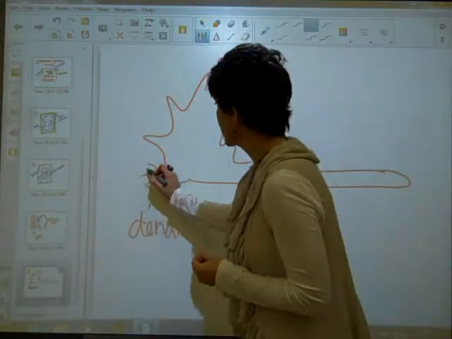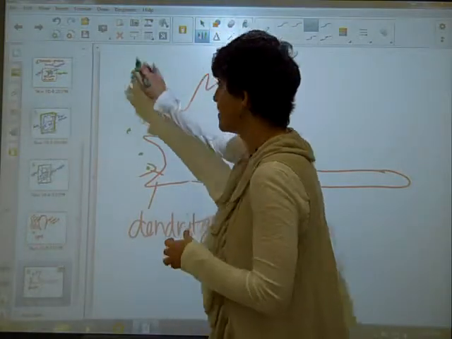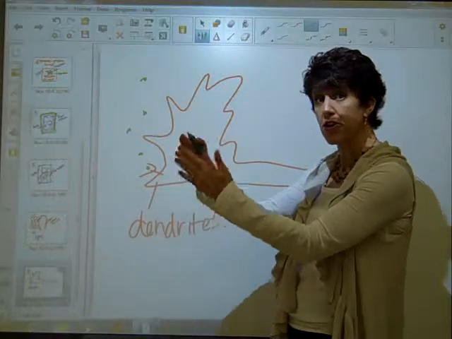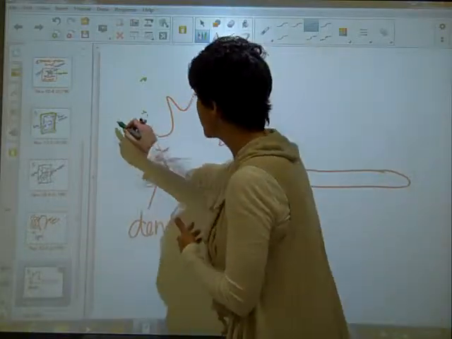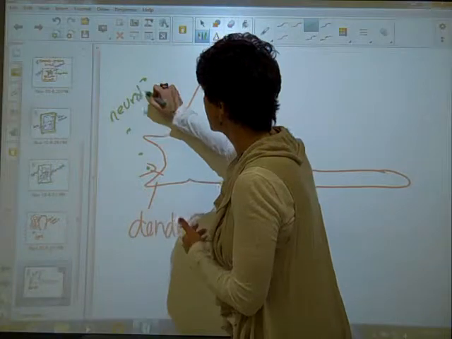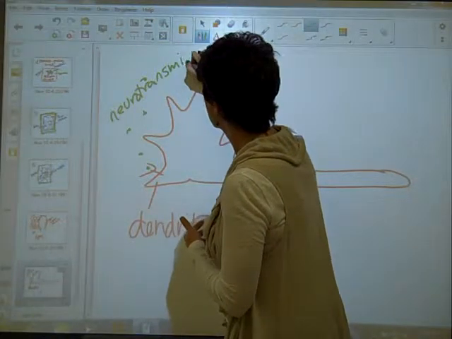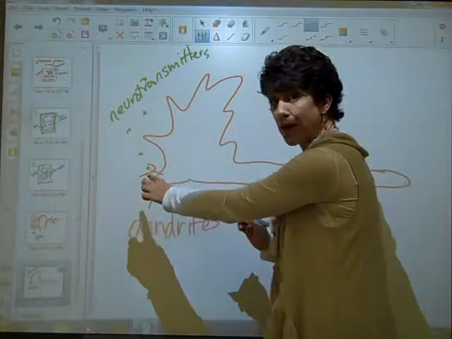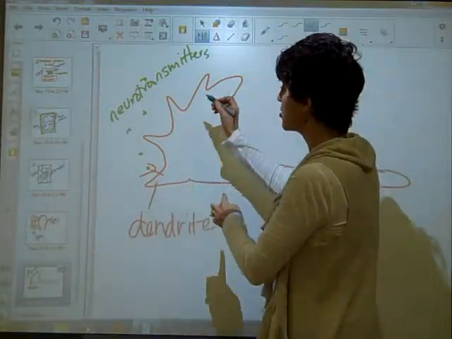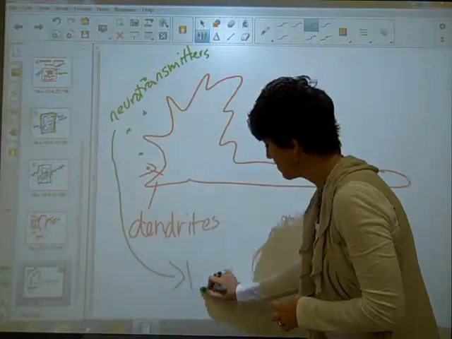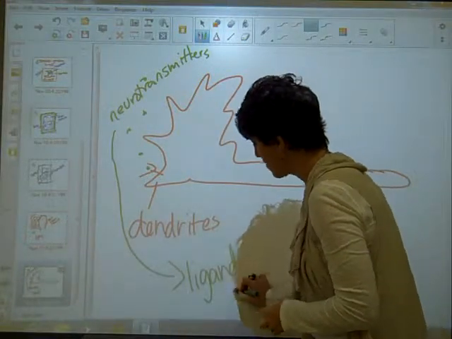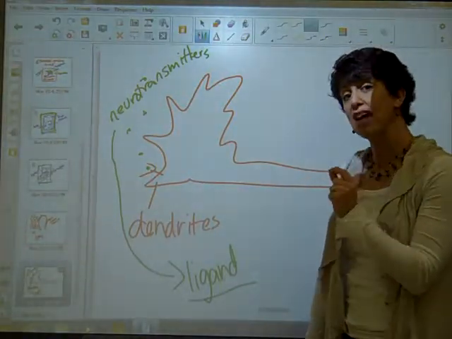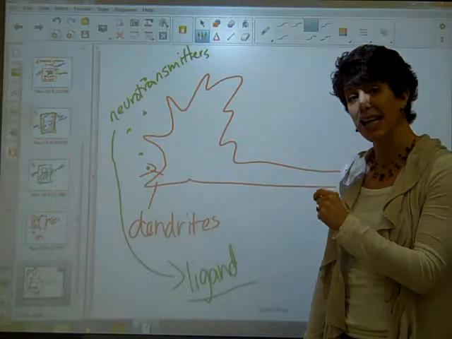So I'm going to draw a little green thing here, and I'll have several of them in here. This region is called the synapse. If you remember, there's always a space in between one nerve cell and the next nerve cell. So these neurotransmitters are present in the synapse, and they can be picked up by receptors. The neurotransmitters are the ligand. They are the chemical message. They are what's going to be picked up by the receptors, and they're actually going to allow that sodium-gated channel